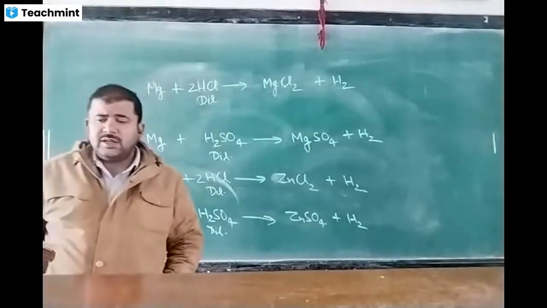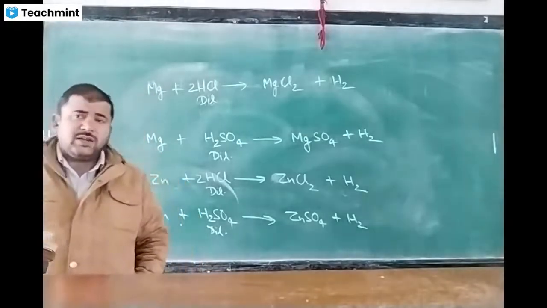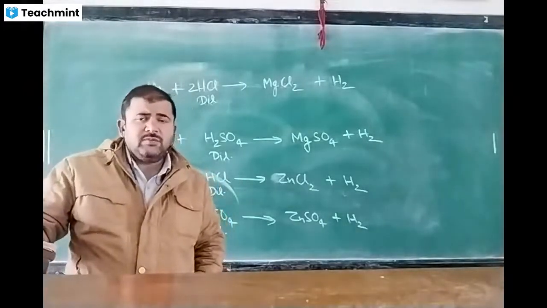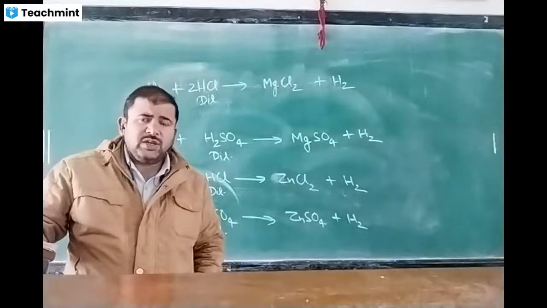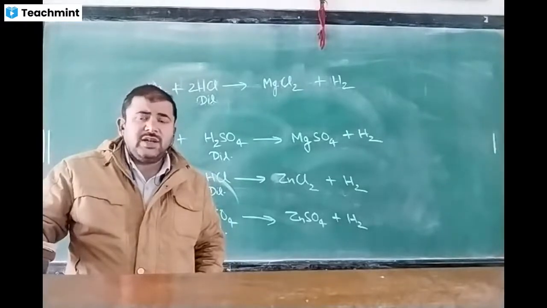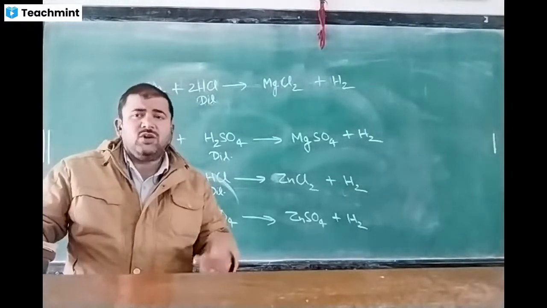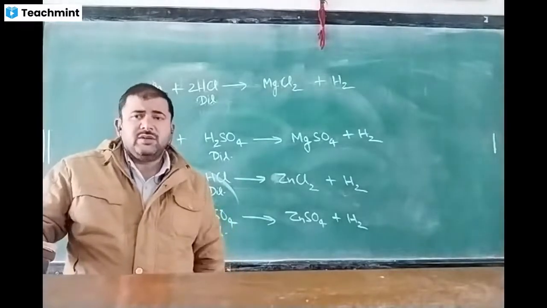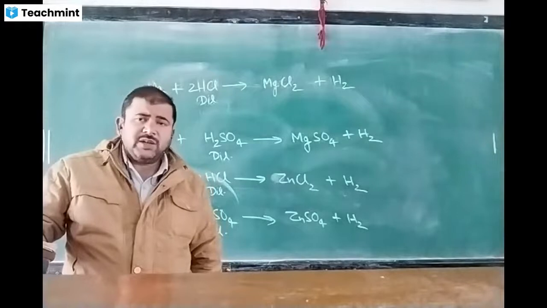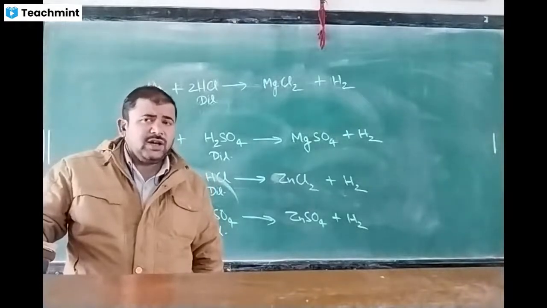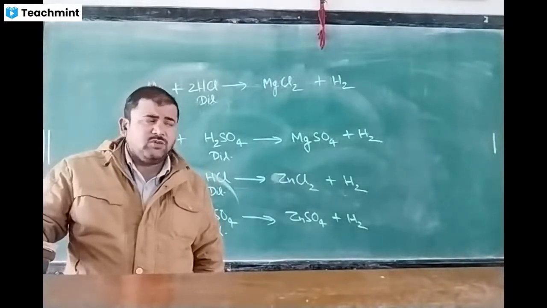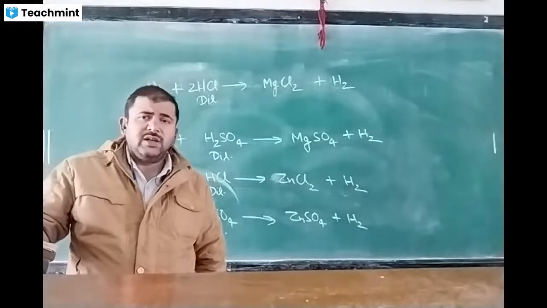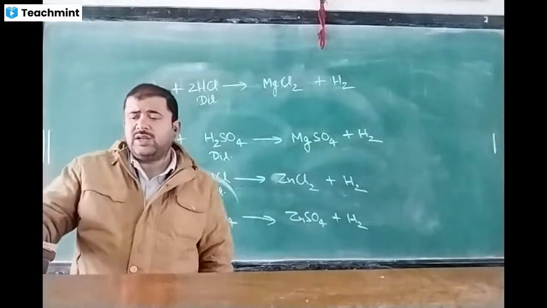So these are the reactions. We take active metals. Do not take the most active metals, because we know that the most active metals, potassium, sodium, calcium, react vigorously even in cold water. So this is the reason we ignore them for the reaction with acid. Here for the acid we take active metals, meaning magnesium, aluminum, zinc, iron. These react with dilute acid and we get the respective salt plus hydrogen gas.